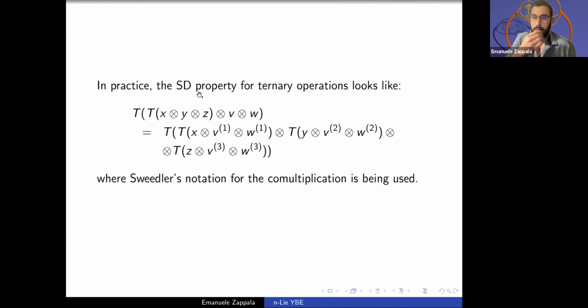Well, that was a categorical version, but if you're working in the category of vector spaces, this is how a self-distributive operation that is ternary looks, where you see the Sweedler notation showing that things split using the co-multiplication and are reshuffled. And then the ternary bracket basically takes triples of elements. Here there is a sum implicitly considered over all the elements of the co-multiplication.